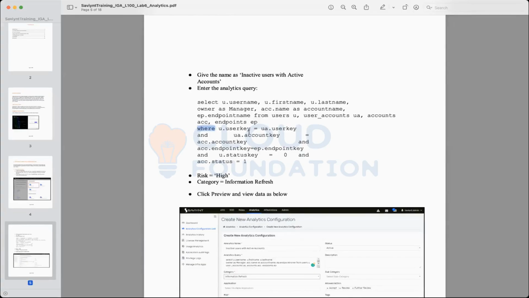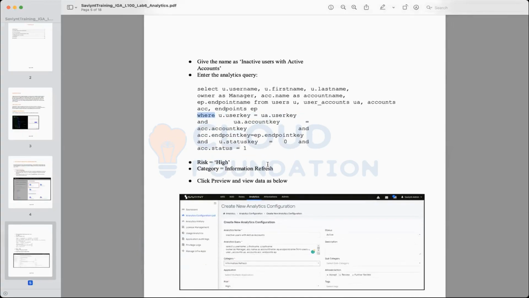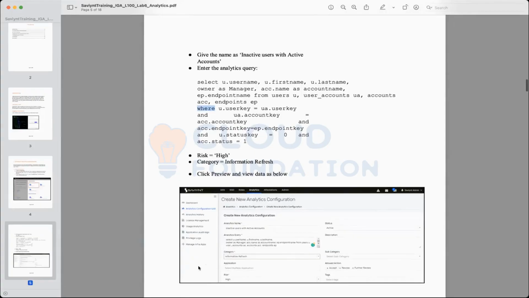You need to know a lot about how this works because within Saviynt there is something called the data analyzer. You go to admin, and on the left side there will be something called the data analyzer. Within that data analyzer, you will see all the objects, all the tables that are present within Saviynt.